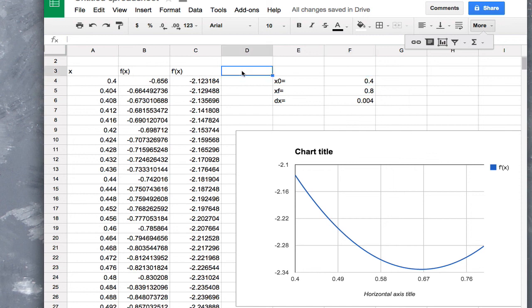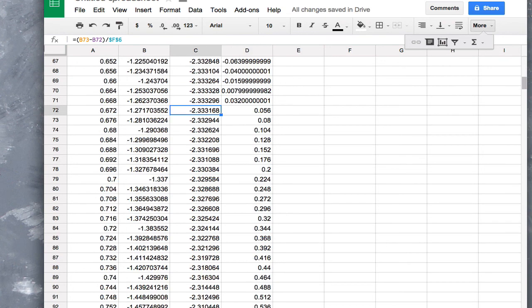Now there is another way to do this. We can add a column for f double prime and look for the 0 in that column. So let's actually do that just quickly. So I'm going to put f double prime here, and what formula do we want to use? Well, we could use exactly the same one that we used over here because we want the derivative of the neighboring column. And so if I copy that all the way down, now when I go to that 0.66 area